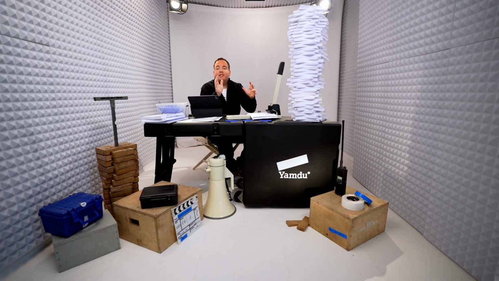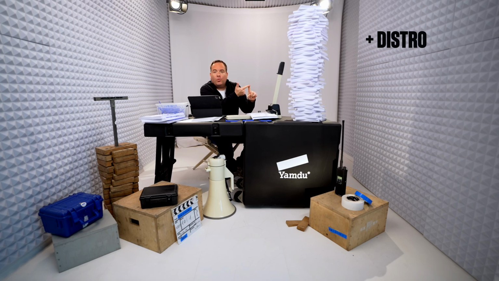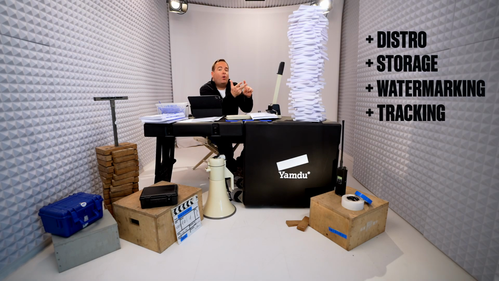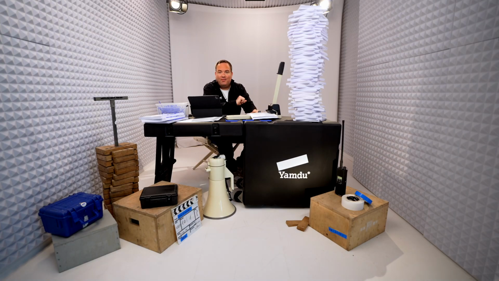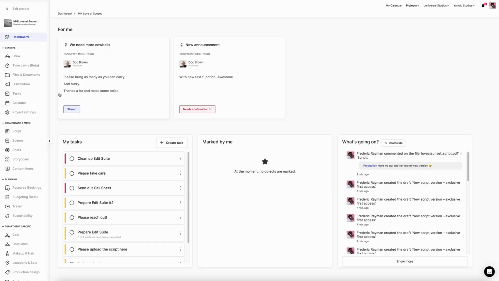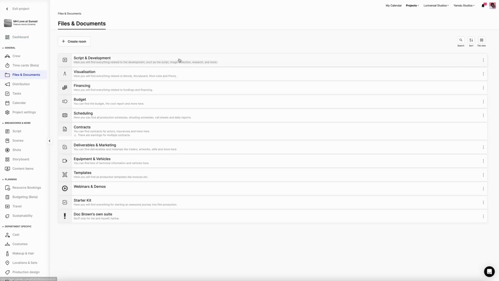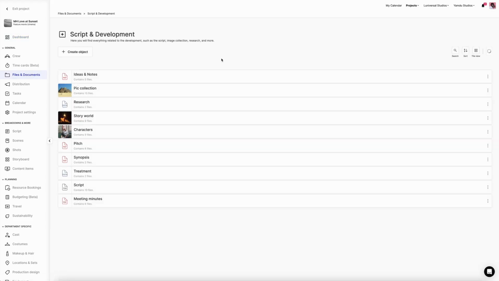So in Yamdu, you can combine the file distribution part, the file storage part, the file watermarking part, and also the tracking part all in one step. So let's dive into Yamdu. First we will go into our files and documents section. Here you can store all kinds of documents, but let's first go into the script and development area and then into script.